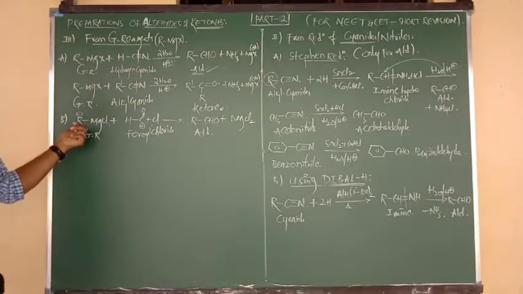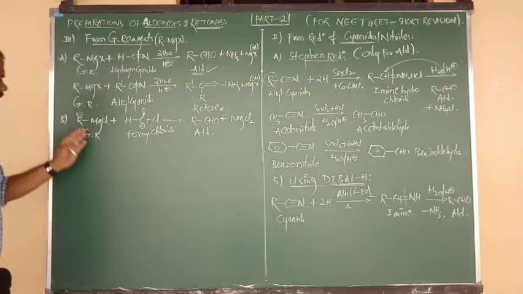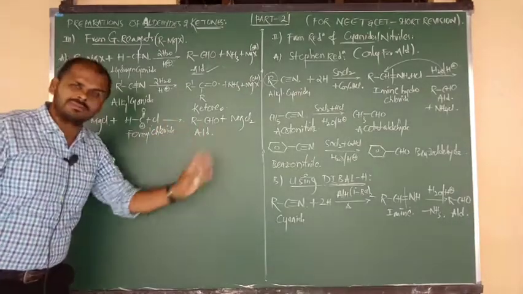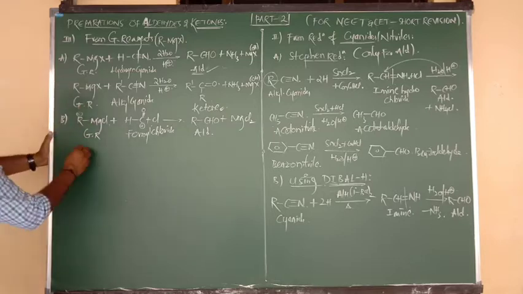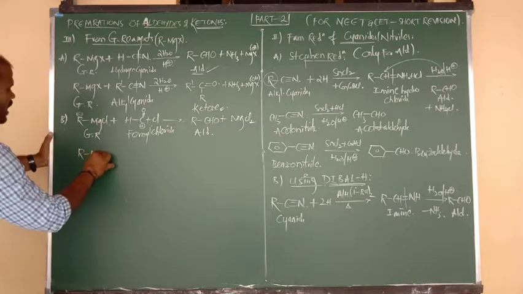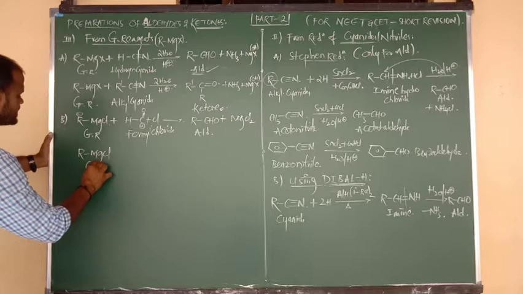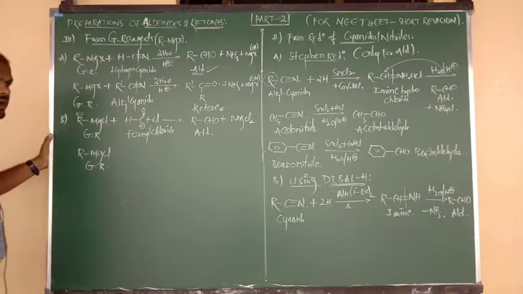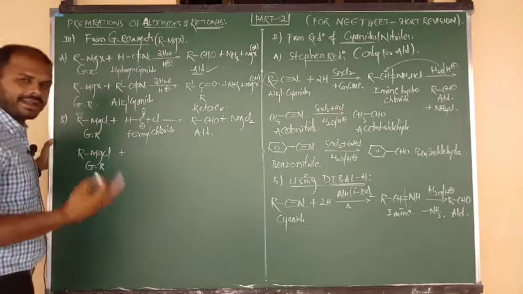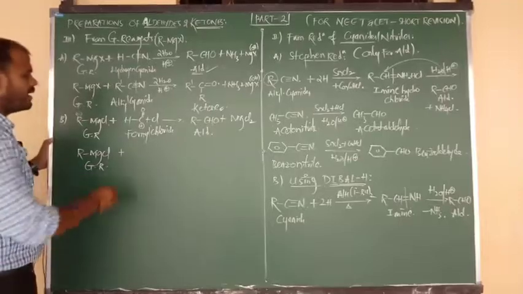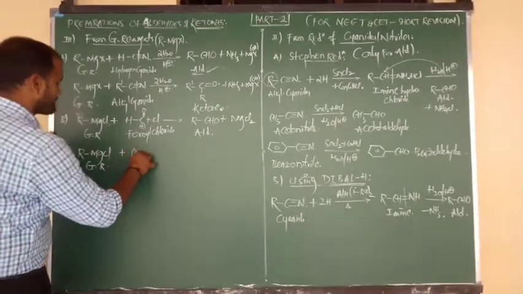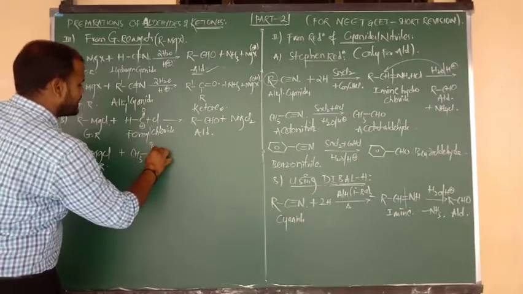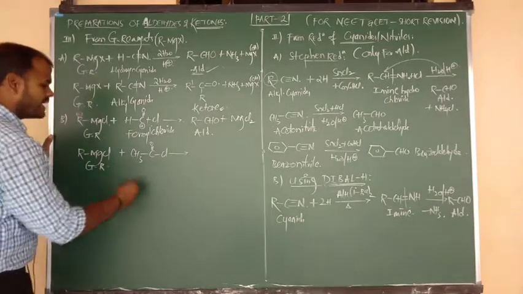In place of R, CH3 gives acetaldehyde. In place of R, benzene gives benzaldehyde. Like that, you have to think about the applications yourself. Yes, another I want to give you here. RMgCl, nothing but Grignard reagent, alkyl magnesium chloride. Here suppose it undergoes reaction with acyl chloride, nothing but in place of H, I want to write CH3. Okay, CH3.